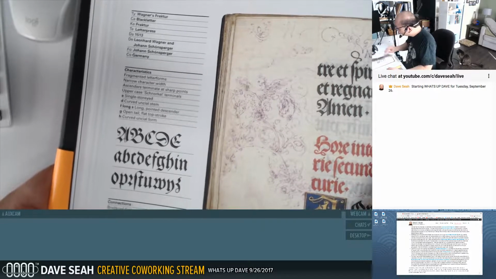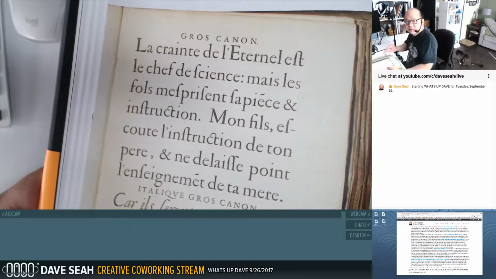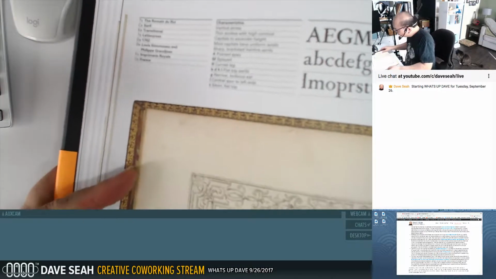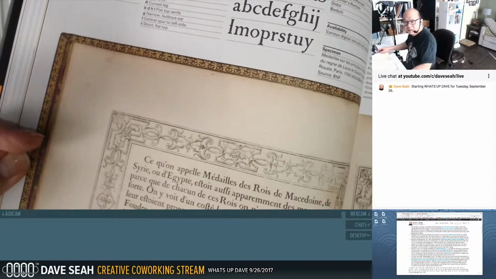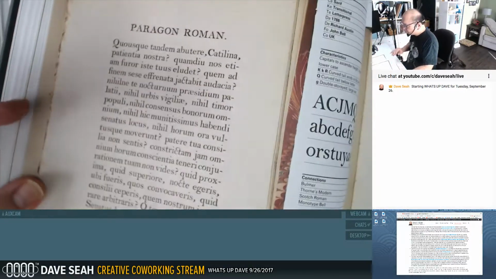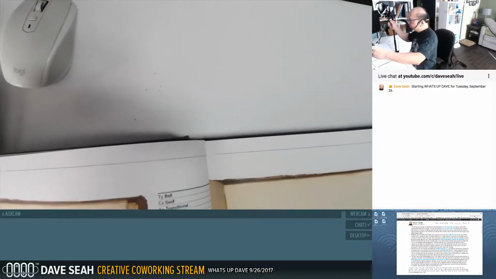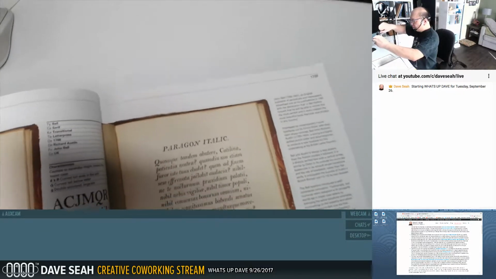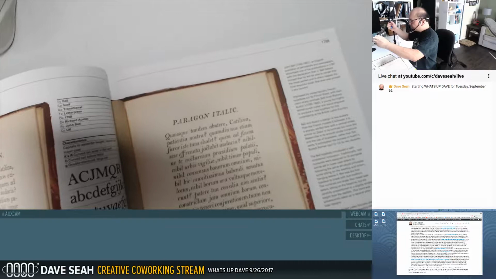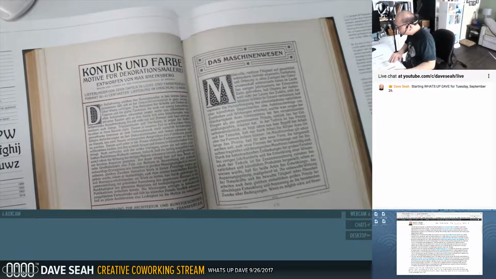These are Fracture fonts, German. And it is a nice book. The pages are nice and matte, not glossy. So we're in 1788 now. It's not locking very well. So now we're in the 1900s.